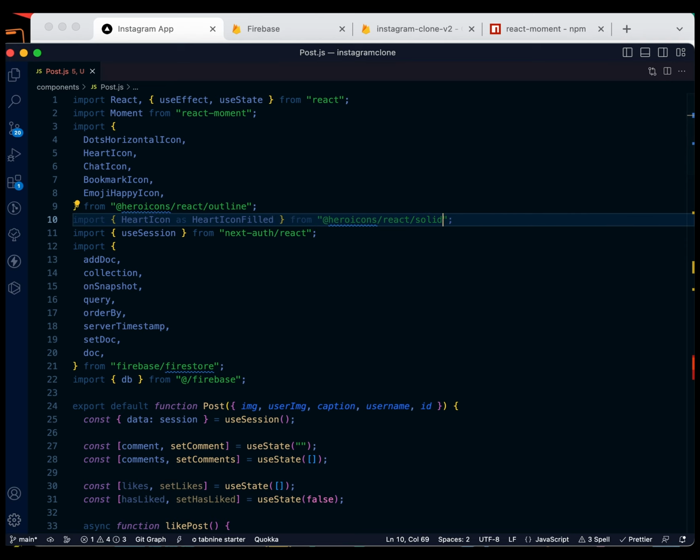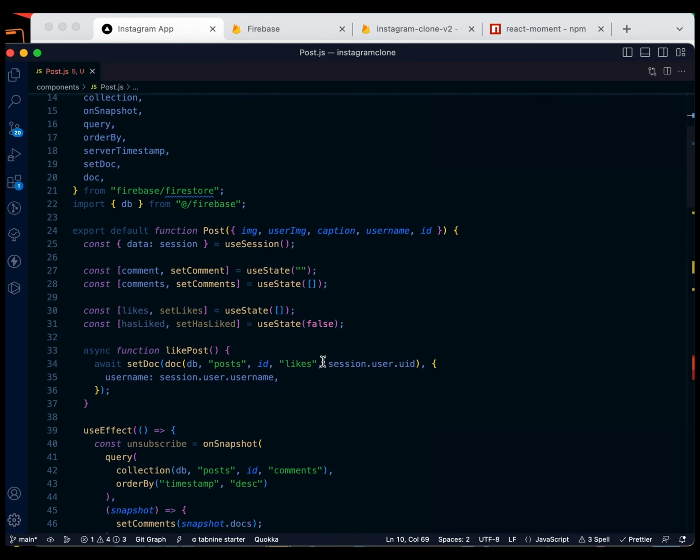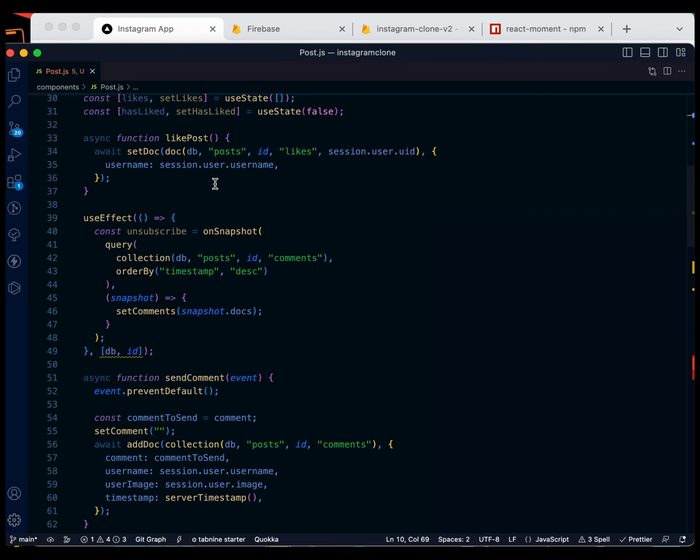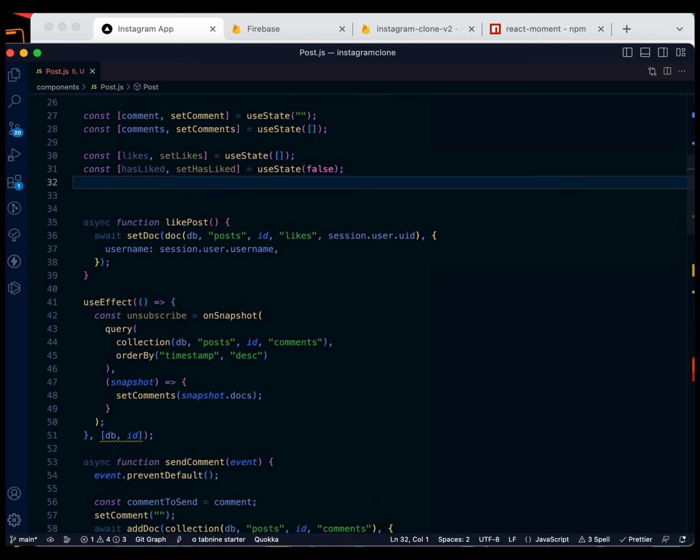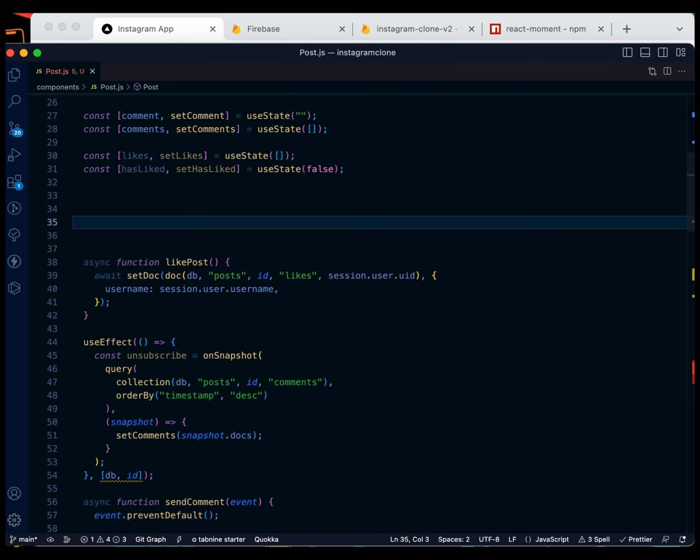Okay, so first of all, we need to check if the user that is currently logged in has liked that post before. So what we need to do, we need to come here. We need to first of all download the likes to see how many likes this post currently has. So say useEffect,